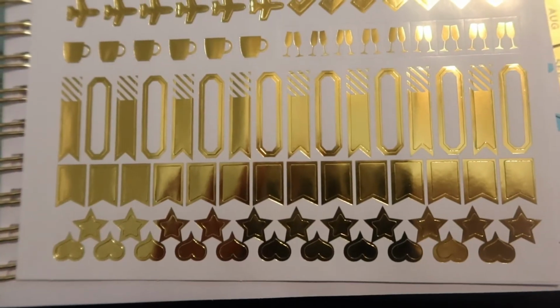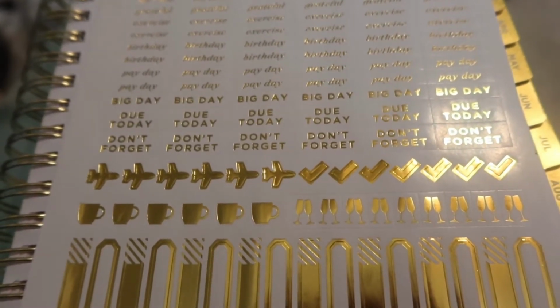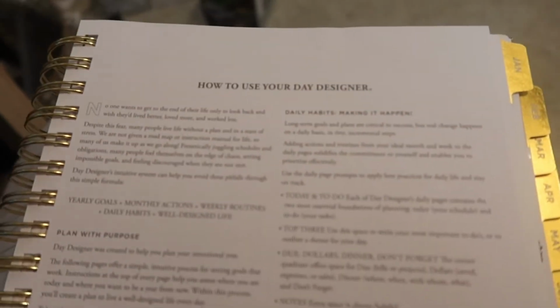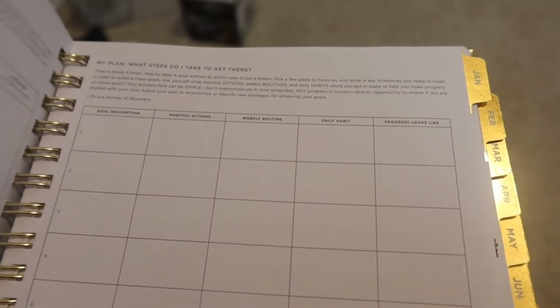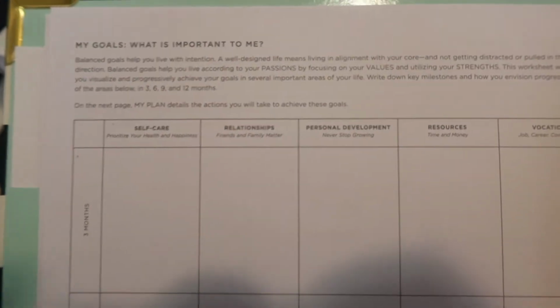Something else I like about it, they have stickers. I'm not a sticker person, but if you are, they have stickers. I've never used them. They also have this little ruler thing that kind of sucks, but whatever, I don't use that either. But they have this whole section on how you use it, and in it they've got your goal setting. I did it in my weekly one, so I kept this blank for y'all to see. Your goal setting, your values, your strengths, your passions, how we're going to achieve our goals, breakdowns,